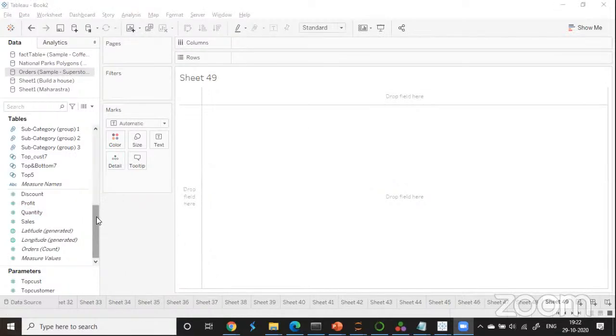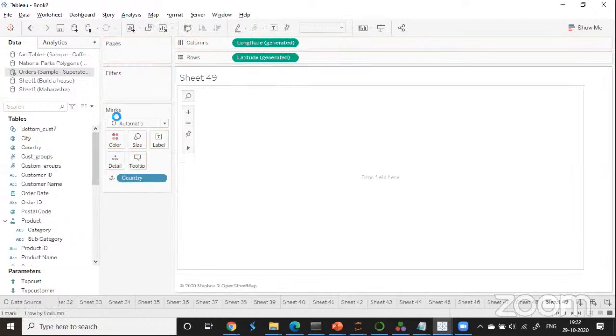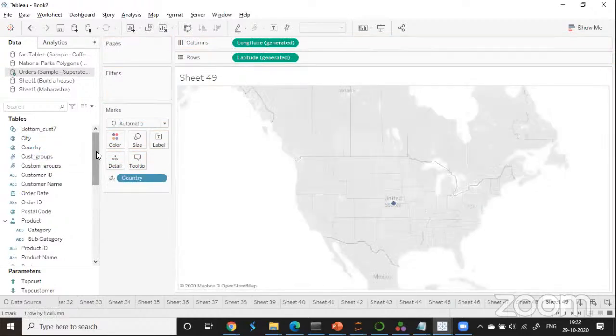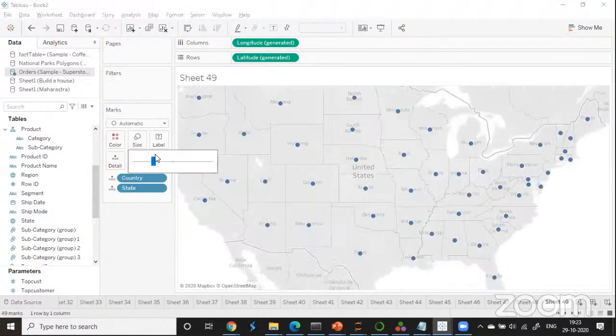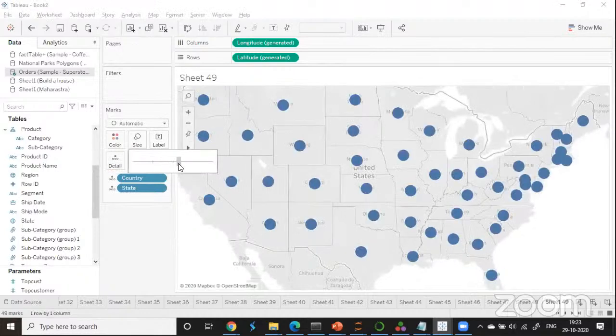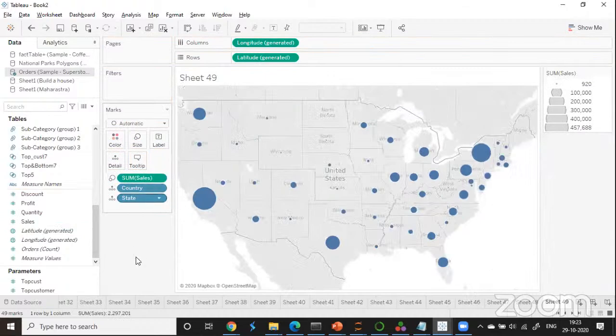So first thing is, drop your country. Then drop your state. Slightly increase the size of your symbols. Then I'm going to drop my sales onto my size shelf. Okay, so far everything we have already seen. We are simply repeating those